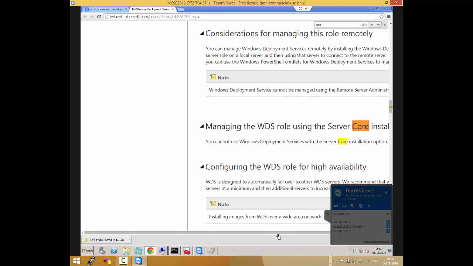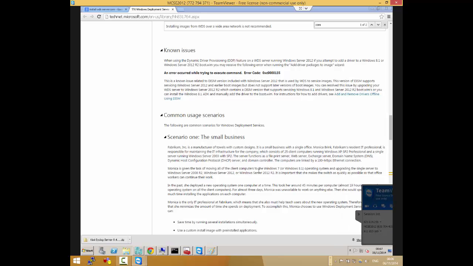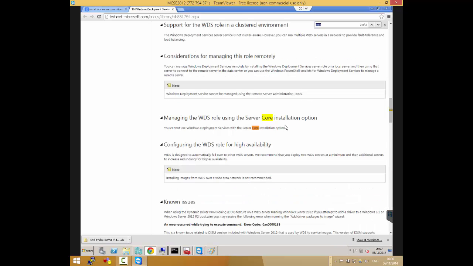Let's reset to default. Yeah, so you see this one. It says you cannot use WDS with the Server Core installation option.